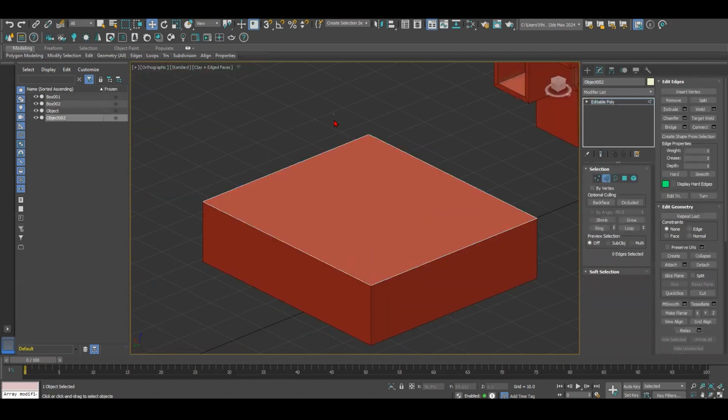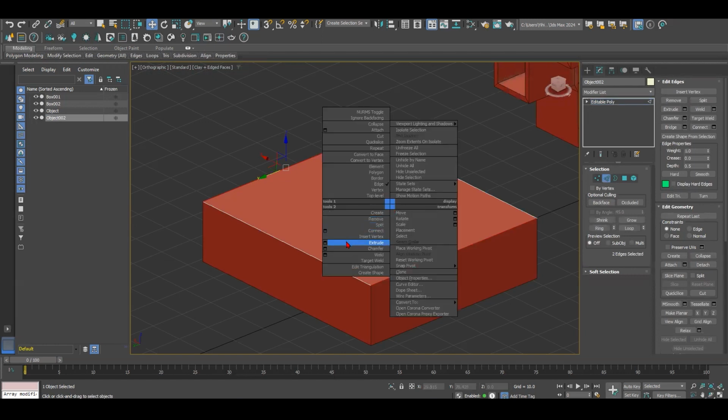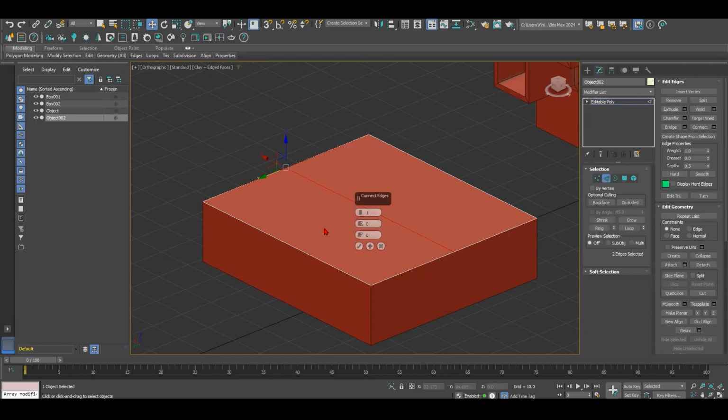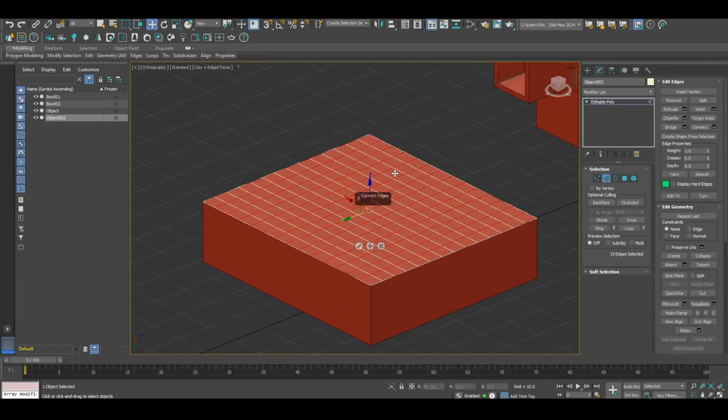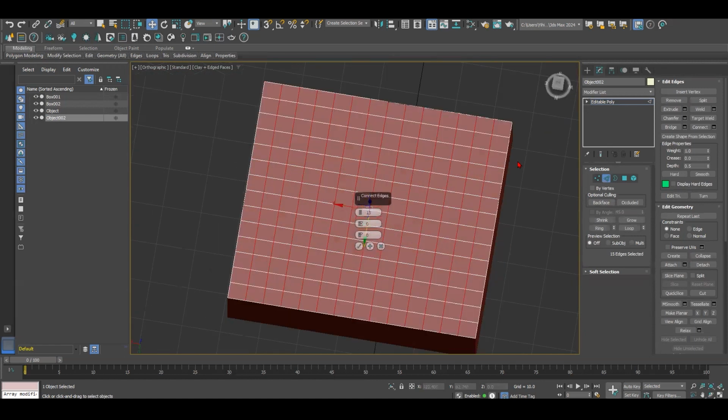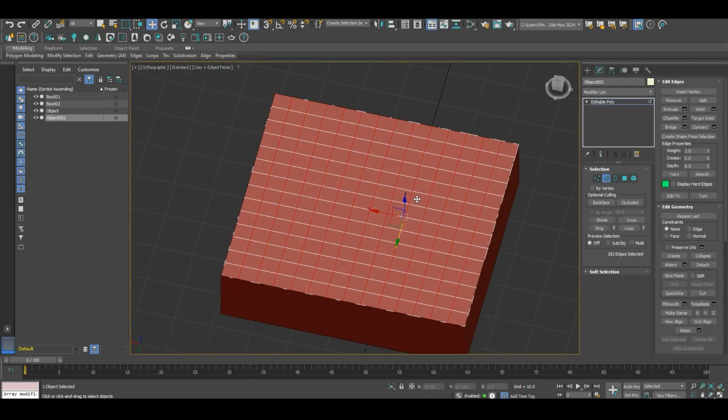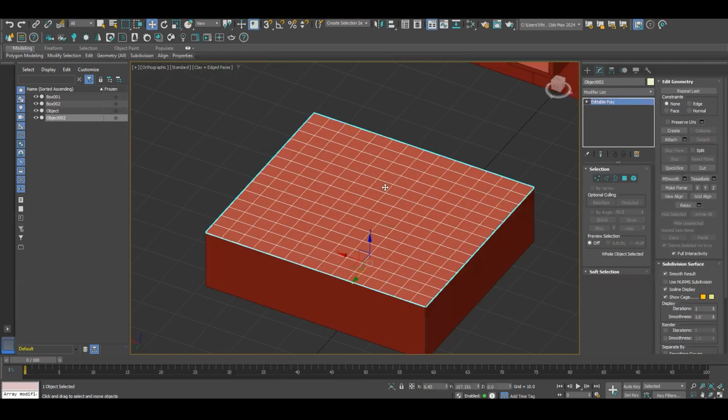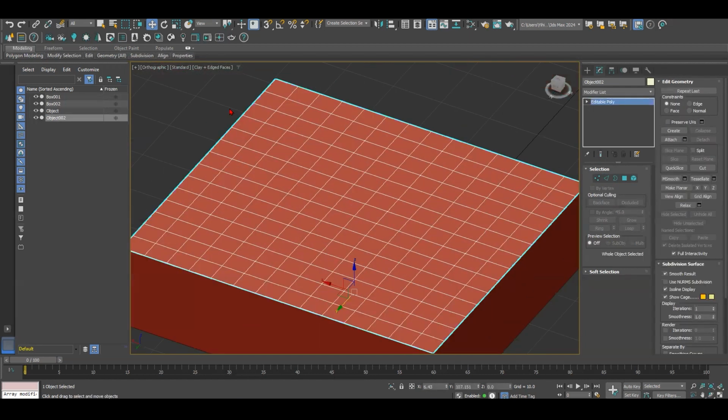You can just select this edge and this edge, right click, and go to connect and start to add whatever segments we want. And these two segments, right click again, connect, so it makes the vertical segments on top of these ones. So now I can just add topology to it by changing the segments angles.